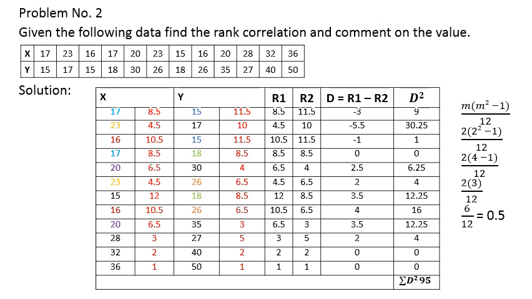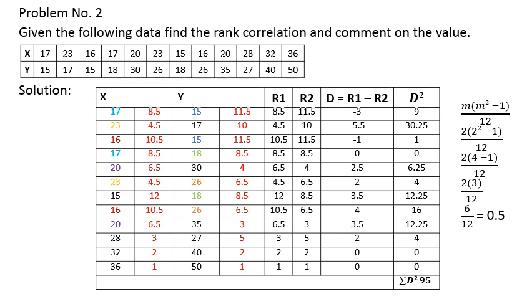First you note down X value, note down Y value. Now you assign rank. Also before assigning rank, you highlight the value which is repeated. So in the first set, value 17 is repeated twice, value 23 repeated twice, value 16 repeated twice. So that's all. Now 3 values are repeated: 17, 23, 16.